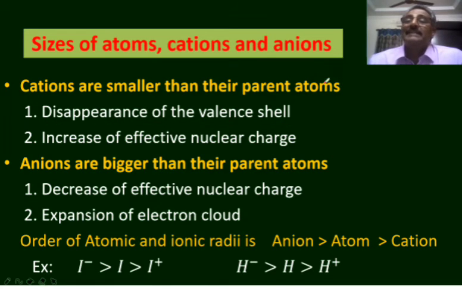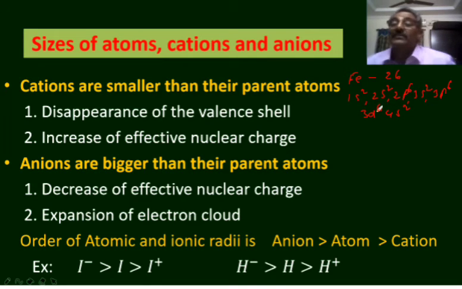For example, in the case of iron, atomic number is 26. Electronic configuration is 1s2, 2s2, 2p6, 3s2, 3p6, 4s2, 3d6. This is the electronic configuration of iron. The valence shell is the fourth shell. Iron forms